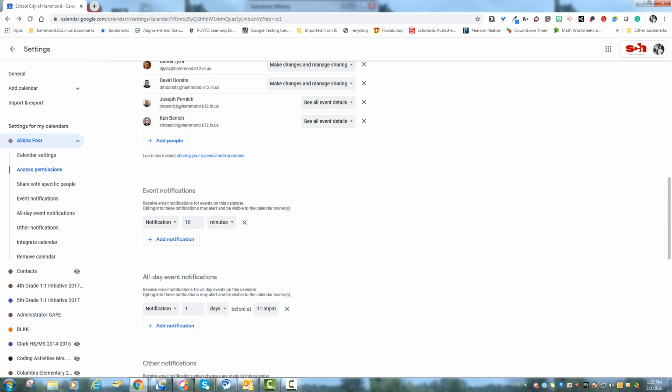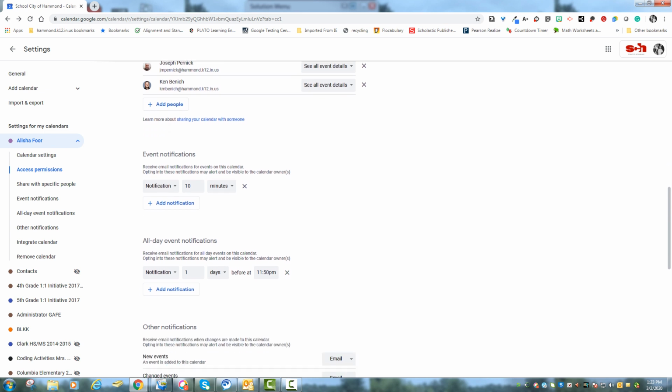Okay. You also have notifications down here, and that becomes important for appointments, at least for me. So if I have an appointment, I always set my notifications. I usually set them a little longer than 10 minutes. There's 2 notifications, email and then just a regular notification. So notifications will pop up in the bottom right corner of your screen. If you have your phone connected, if you have your calendar app on your phone, it'll pop up there. You can change how many minutes, or you can change this to hours, days, or weeks, depending how long you